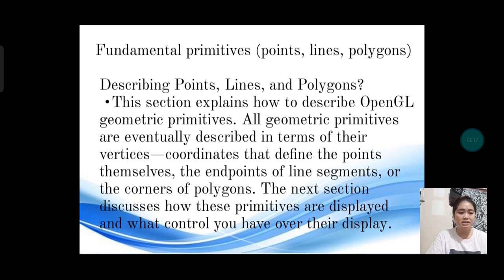Then the polygons. Regular polygons have equal sides and angles. Examples include equilateral triangles and squares. Irregular polygons have sides and angles of varying lengths and measures. Examples are most geographic boundaries or the shape of continents.